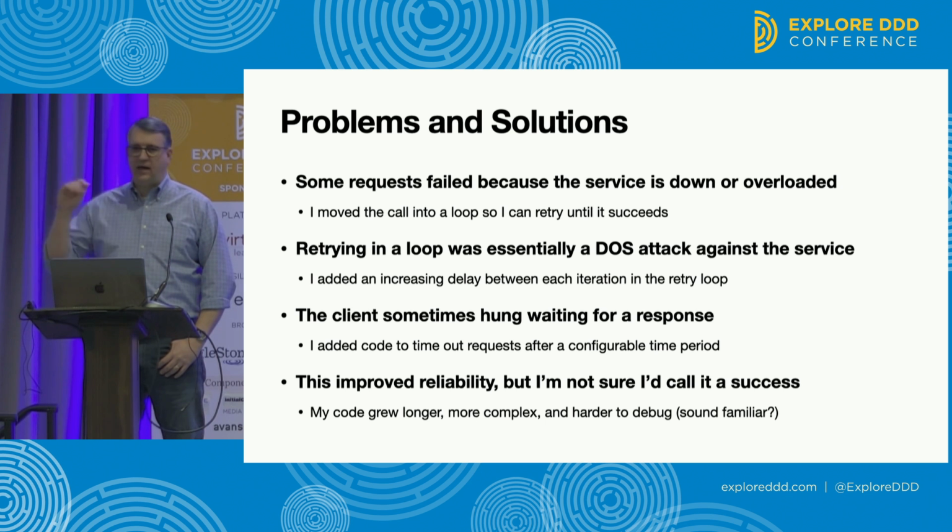So I thought, okay, where I'm making a call, I'm going to put it in a for loop. And so I'm just going to keep iterating, I'll keep repeating this call until it eventually succeeds. And then we learn about idempotency because you didn't want it to get published twice. And so we put idempotency keys in there.